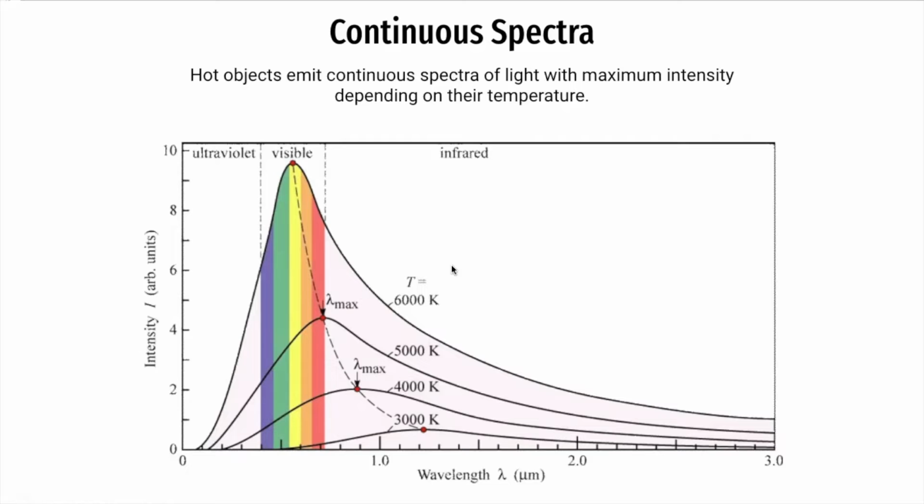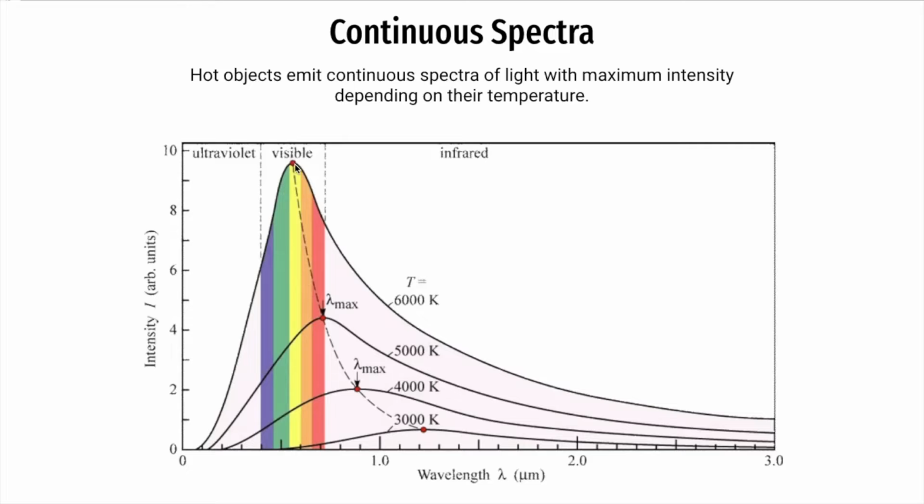Now, we're not going to do lots of math about continuous spectra, because I'll save this for your astronomy classes. The connection between the wavelength peak and the temperature that the star puts out is something you'll deal with later. On our end, you should know that hot objects emit light that's continuous. All the colors of the rainbow are present,